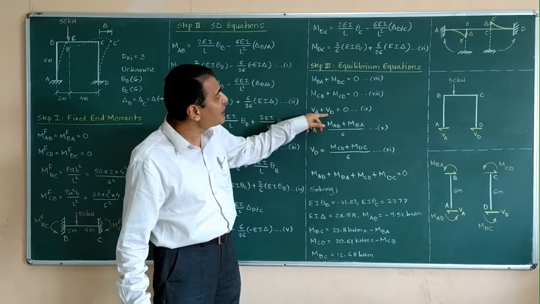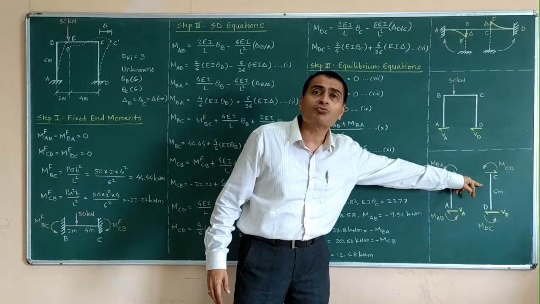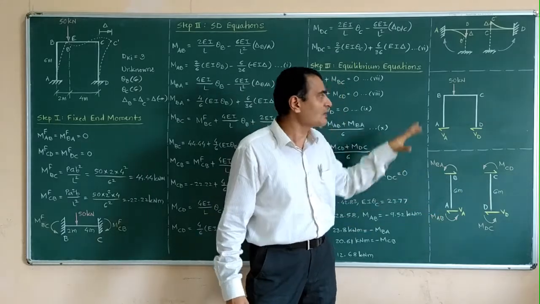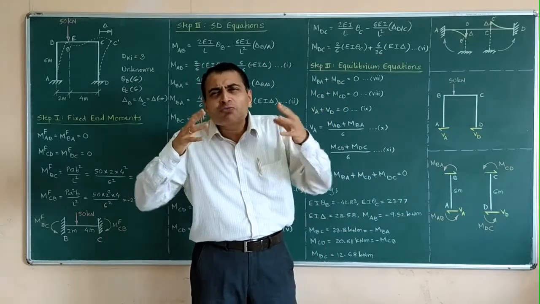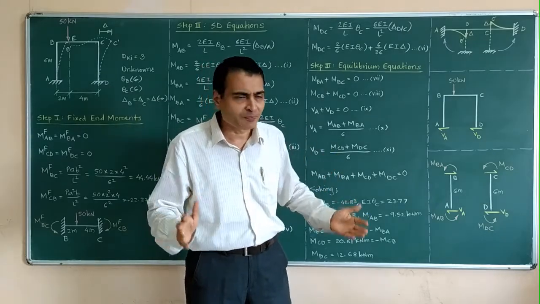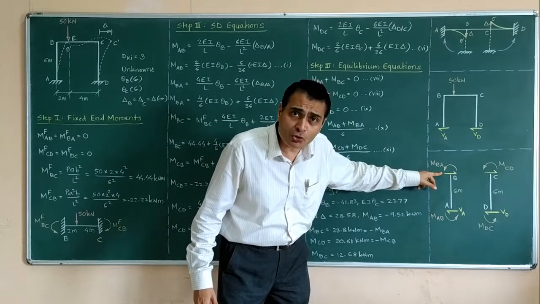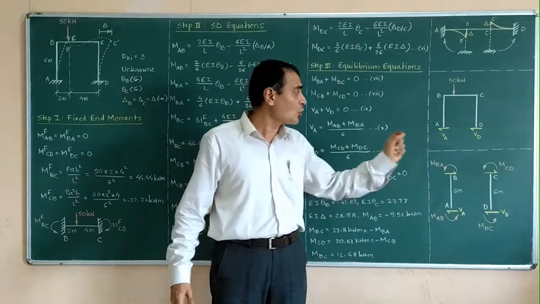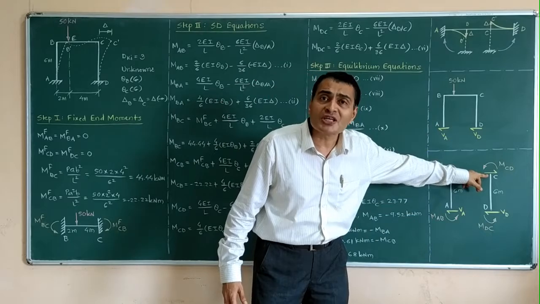Now to get rid of VA and VD, I have shown FBD of column AB and FBD of column CD. This also we discussed in the last example, and only this part, your force equation, is new in a sway frame. So no big difficulties involved. This is also, once you get used to it, a pure routine. Anti-clockwise end moments, VA, VB shear forces, anti-clockwise end moments, VD, VC shear forces. Now for both the columns you have to simply apply sigma M about B equal to 0 and sigma M about C equal to 0.